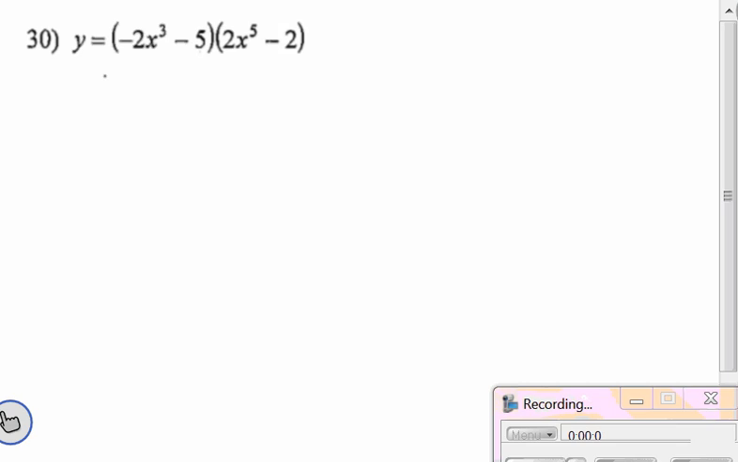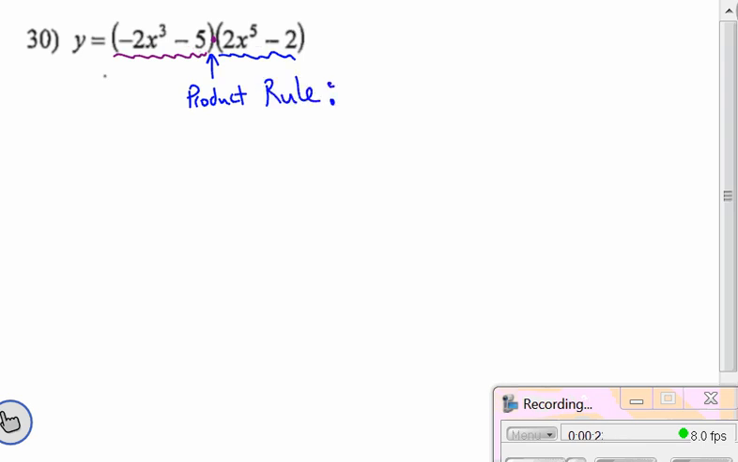Okay, problem 30 says differentiate, so we need to find the derivative. Now, if you look at this, you're going to have to remember this looks like a function times another function. And another word for times is product. So we need the product rule,